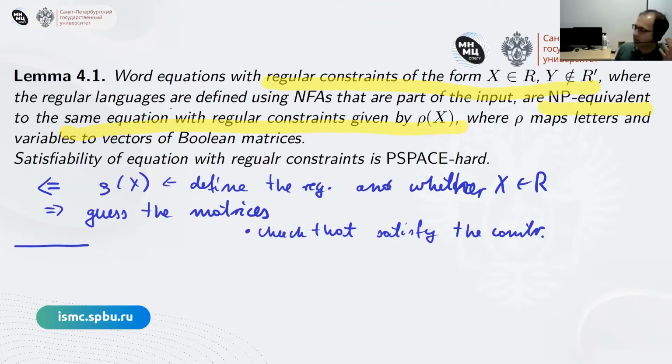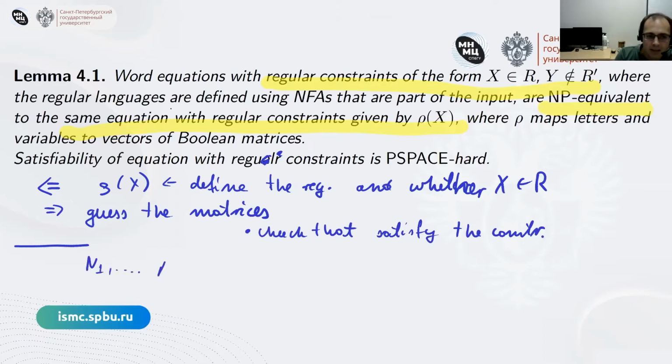is the satisfiability. We gave the PSPACE algorithm for word equations, and in a moment for word equations with regular constraints. But without the regular constraints, there's a typo. Without the regular constraints, we do not know what's the exact computational complexity of the problem. But with regular constraints, it's PSPACE-hard, so the whole problem is PSPACE-complete, because the problem given by, if